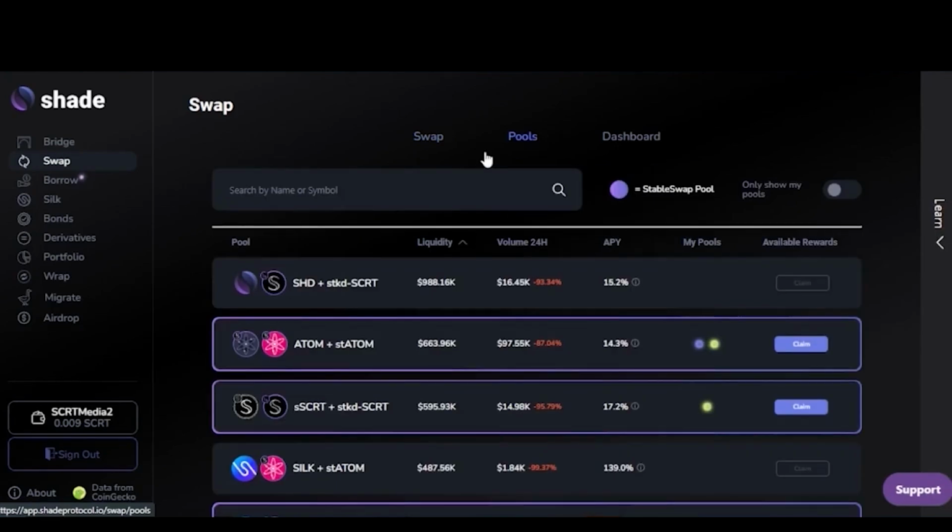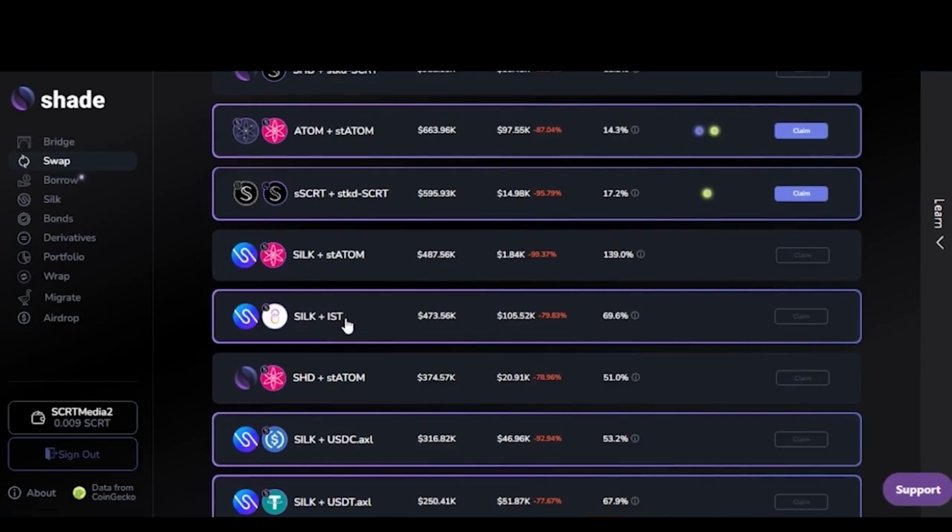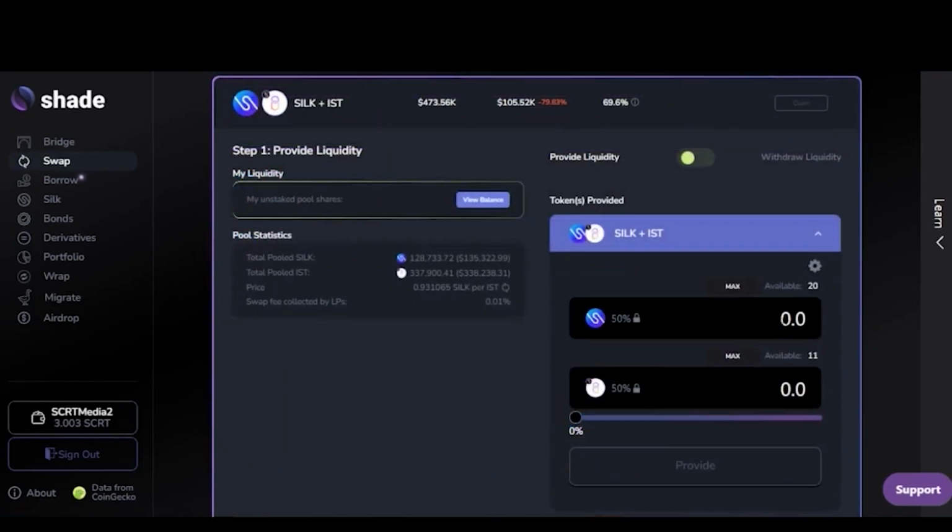Now let's explore some of the other functionalities that users can take advantage of when providing liquidity. We'll use the Silk IST pool as our example token pair. You'll notice by default for double-sided liquidity providing, when you enter a value for one asset, the front end will suggest the ideal amount of the other asset to provide. Note that the pool is currently unbalanced, and we can see this reflected in the amount of each asset provided